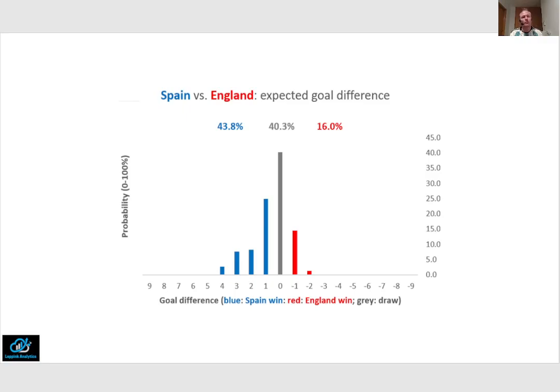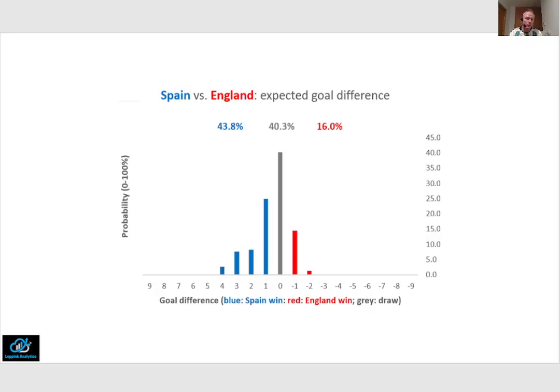Basically, we see that when taking the perspective of a single number of differences in goals, a draw is the most likely outcome, whereas when we look at the whole spectrum, we see that a Spain win after regular time is the most likely outcome,